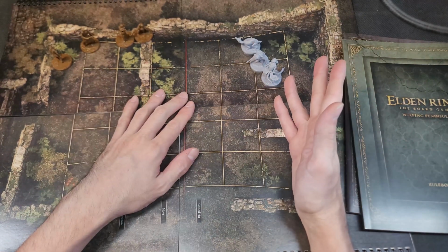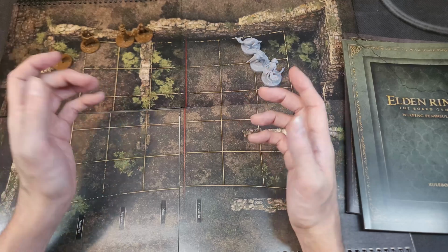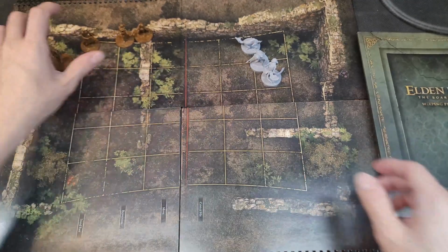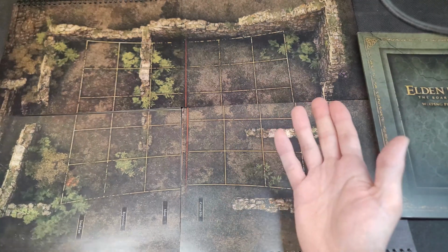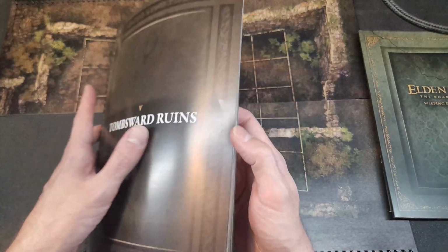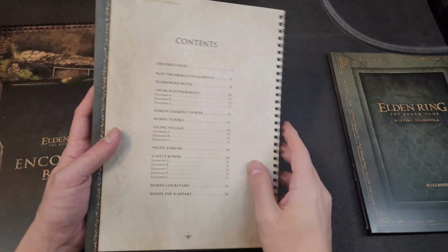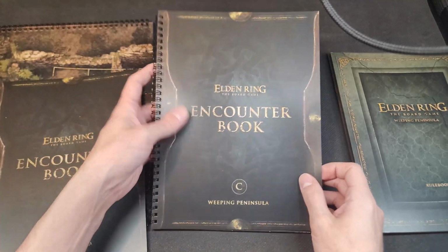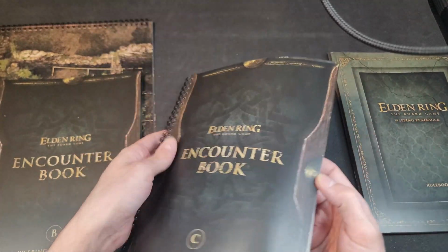After all, the Weeping Peninsula is described as an expansion to Realm of the Grafted King, a standalone expansion, but an expansion nonetheless. And the Weeping Peninsula is not an area in which we begin the actual video game campaign. Not that the board game has to mimic the video game on every front, it can't do that. By the way, we haven't really looked inside of these that detailed. The encounter books can go together, as I just showed you, to show larger encounters, ones in which multiple Tarnished